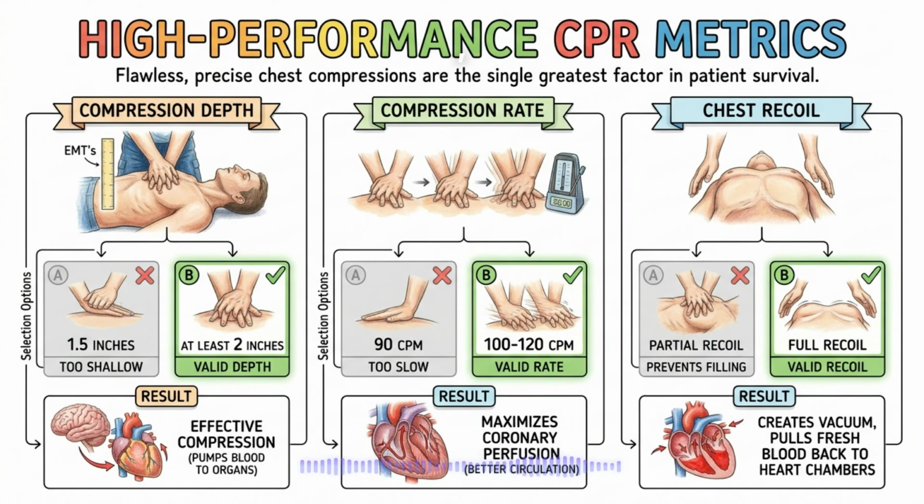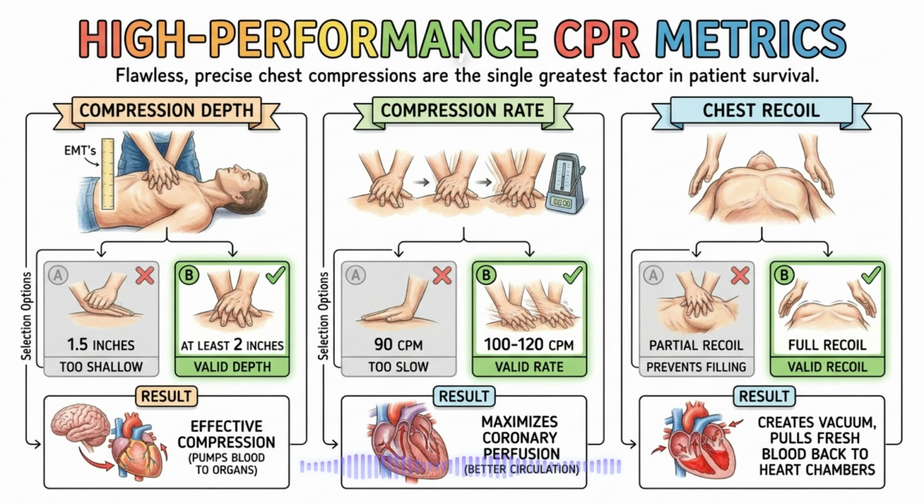You must also allow the chest to fully recoil after every single push, which creates a vacuum that pulls fresh blood back into the heart chambers. The exam will heavily test your knowledge of these specific metrics, as flawless compressions are the single greatest factor in